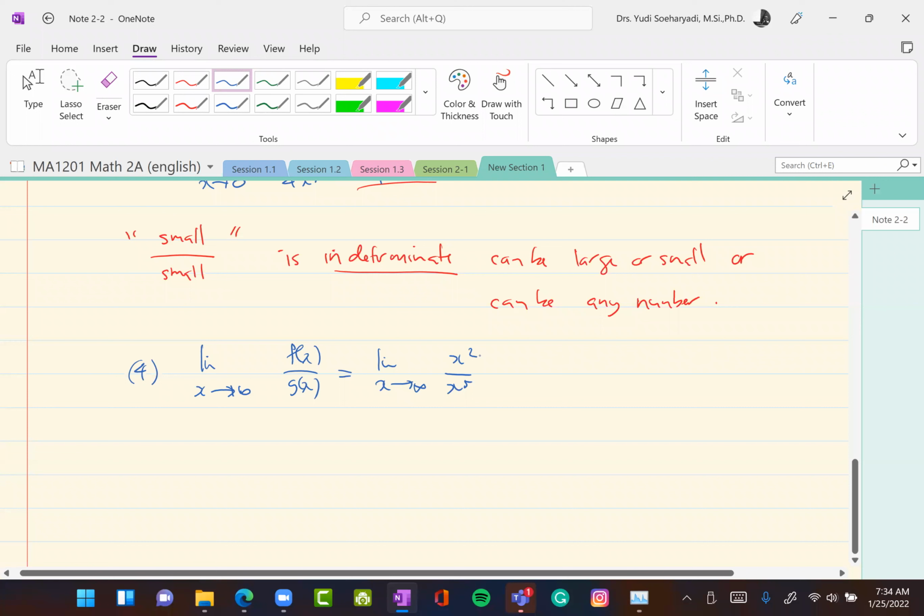Okay, so x squared is large, x to the fifth is even larger. So if you compute this one, of course, simplify, that's 0. Limit. Why? Because x to the 5th is large, 1 is constant. Okay, so this is small. And similarly,